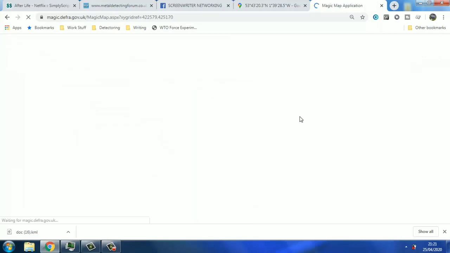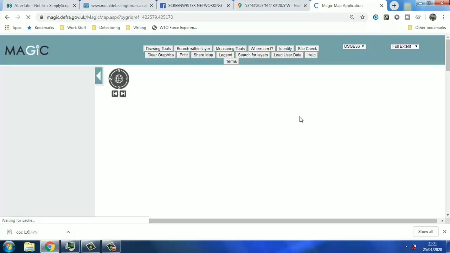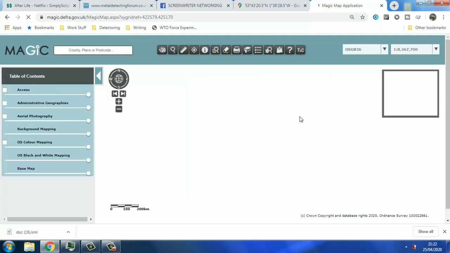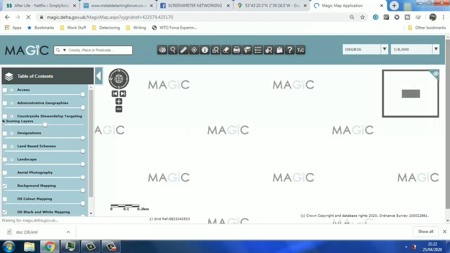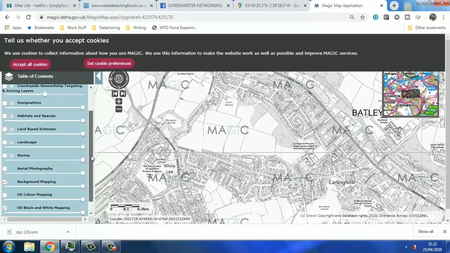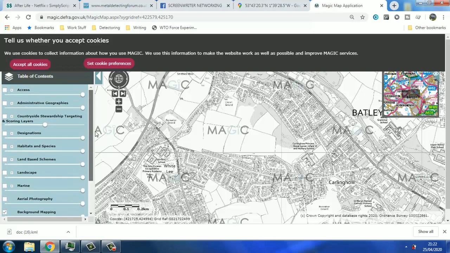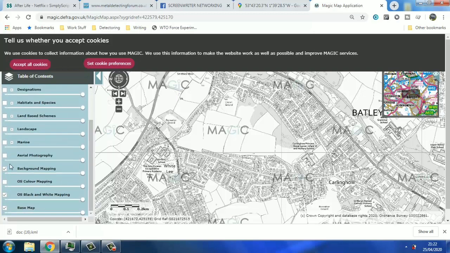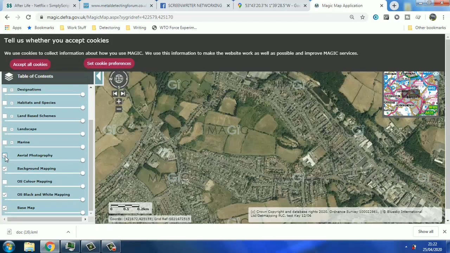Here's another example. You go through and you can look at the magic map, which despite its name isn't actually magic, but this is the map that DEFRA I think supply. So on here again you'll see the same area that we've been looking at, again straight to it, but on the left hand side on this menu system over here you can put on a bunch of different overlays. So you can look at the aerial view of it, for example, to give you an alternative view,